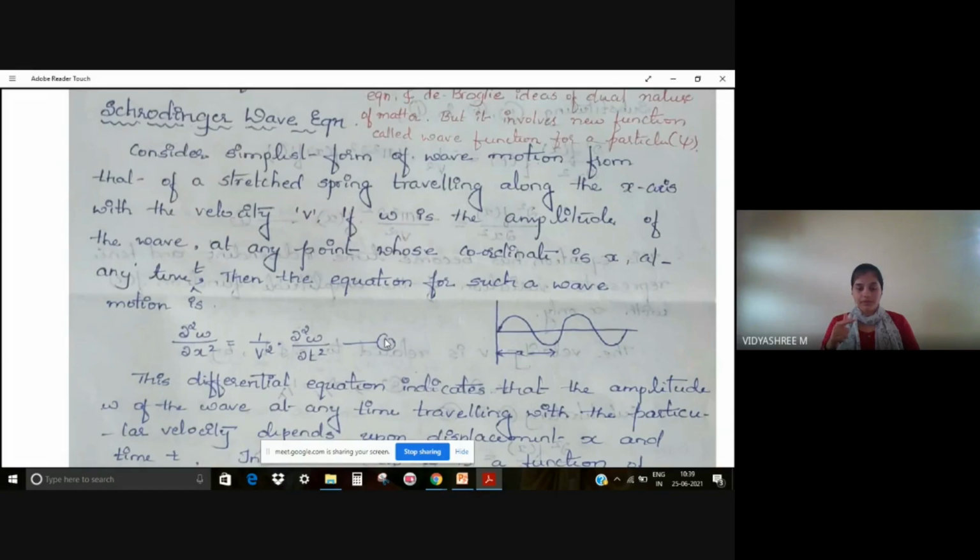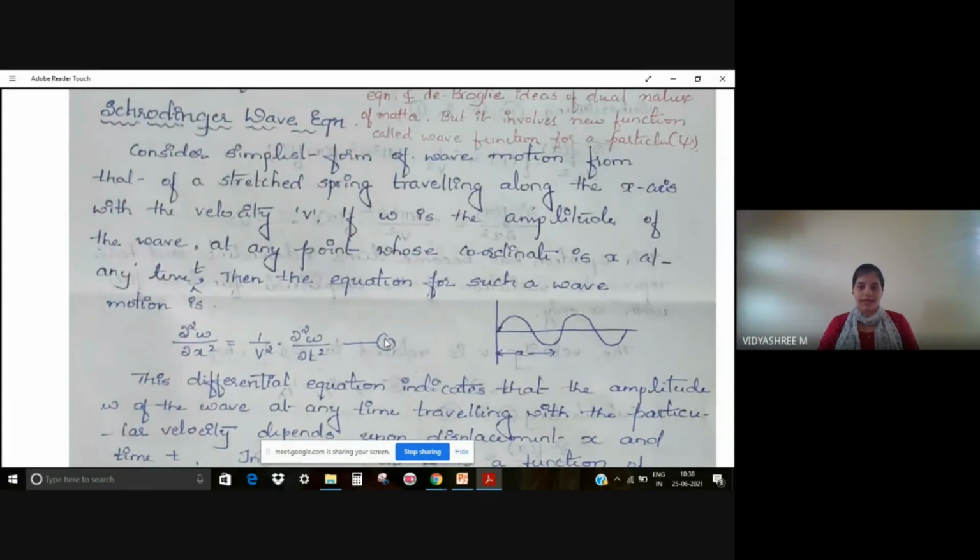In this derivation, we are going to derive the time-independent Schrodinger wave equation. Using the Schrodinger wave equation, we can find solutions for simple systems. Solutions for simple systems can be obtained by solving the Schrodinger wave equation. This equation is derived on the basis of the de Broglie wave hypothesis as well as a few laws